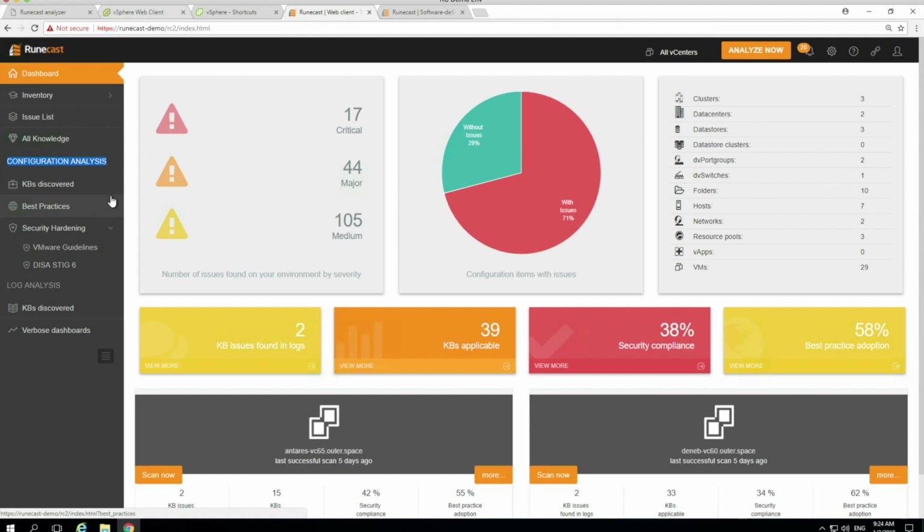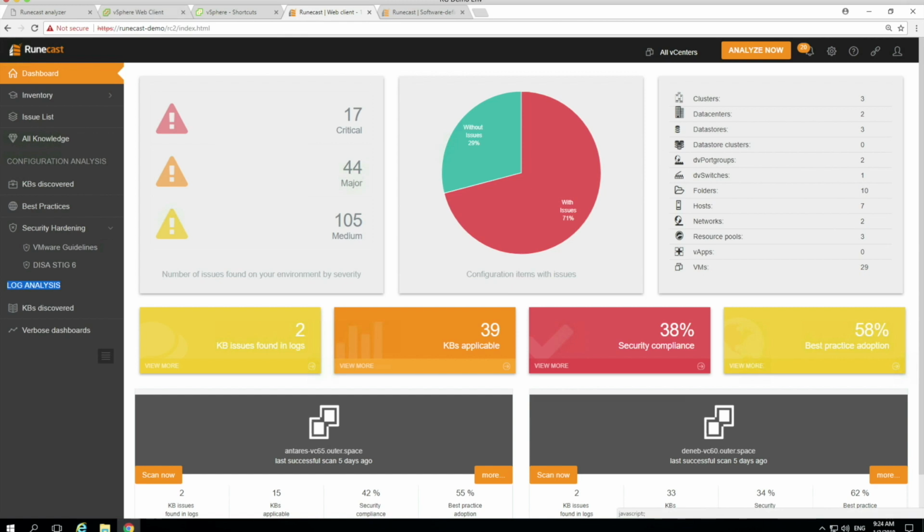On the log analysis side, the Runecast Analyzer is working as a syslog server, and it's listening for known problematic patterns which have been reported in the KBs. So, if you're digging around in log files, you're looking for a pattern, we've all been there. Basically, you try and Google it, hope you're going to hit the jackpot, get the KB article. Well, Runecast's doing that work for you. It's listening in real time and identifying where you're exposed from those known problems. So it's kind of a zero learning curve product. All the intelligence is going on in the background.